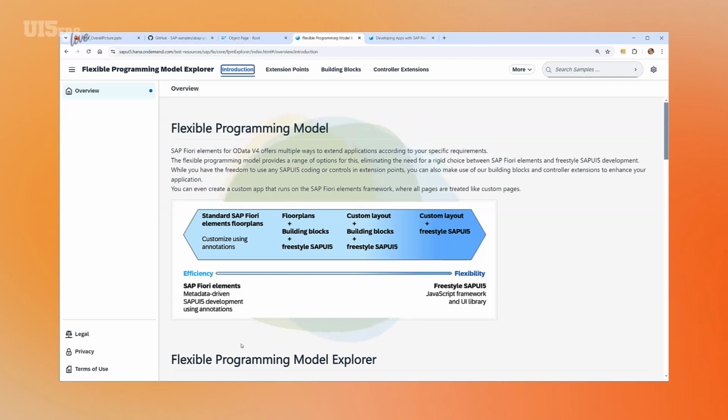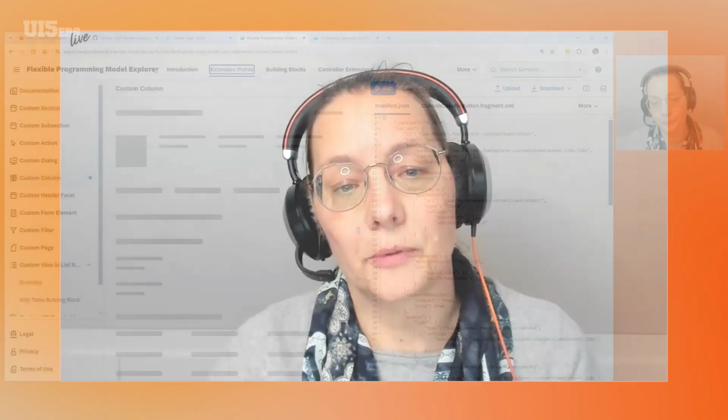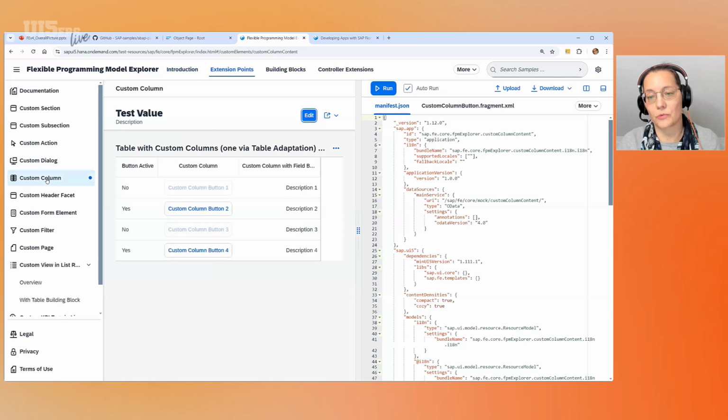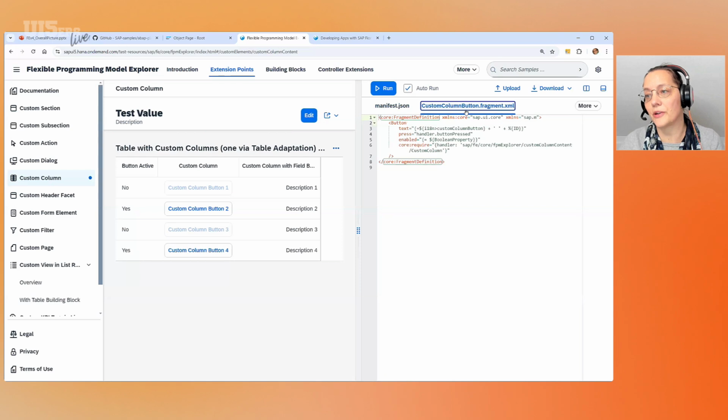And let me show you first, still being on the standard, but adding a tiny bit more. Because if you almost achieve everything with the standard floor plan, and you just need one or two tiny things more, then you can use the flexible programming model extension points to just add these tiny things, like the few extra percent that we're missing. For example, just adding one extra custom column into the table, and you don't have to deal with all the standard table features. Yes, of course, it's just changing the text or so. And the key thing for me showing you this here is